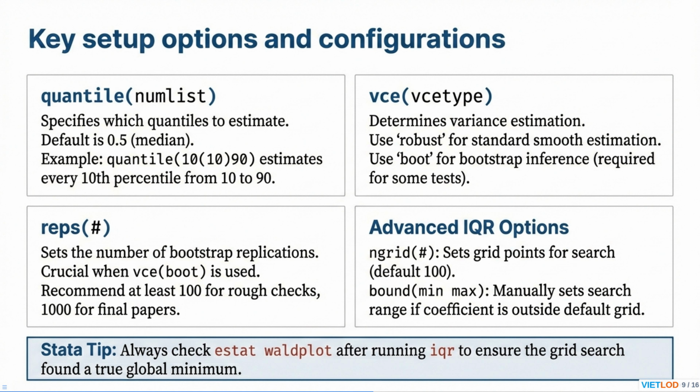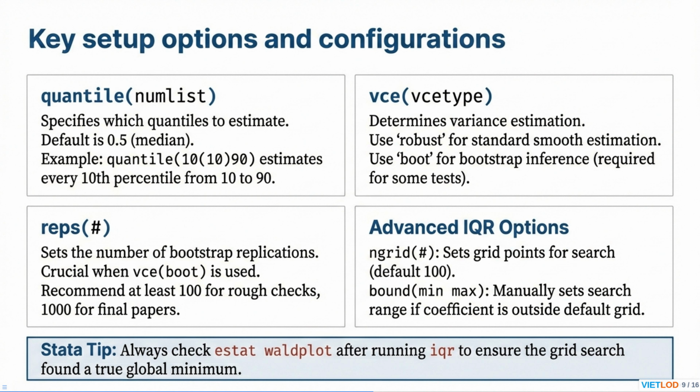When implementing IVQR in Stata, fine-tuning your setup options is critical for both precision and reliability. Use the quantile option to specify which parts of the distribution you want to analyze. The default is the median, but for a full picture, you might estimate every 10th percentile. For variance estimation, the VCE option allows you to choose between robust standard errors or bootstrap inference, which is required